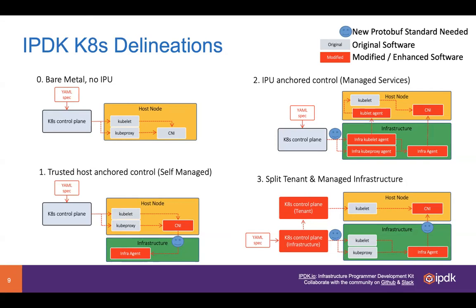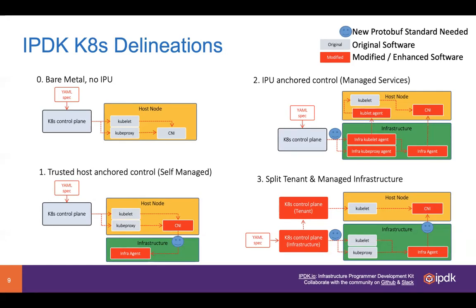So model number one has the least amount of impact for everyone. It may even be possible to do model number one without having the applications and the pods be aware of that change. But in this case, we're proposing that the CNI, and obviously there are multiple vendors of CNIs,